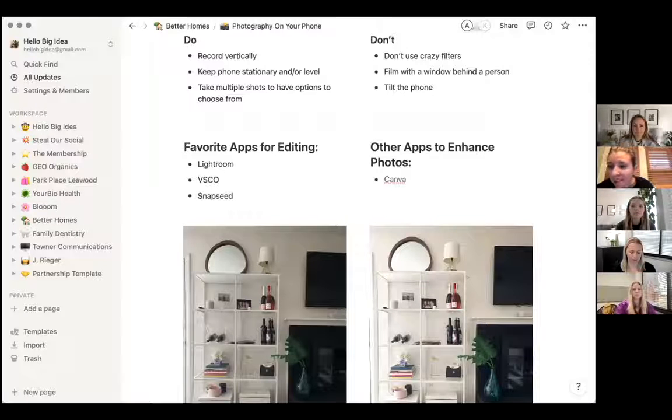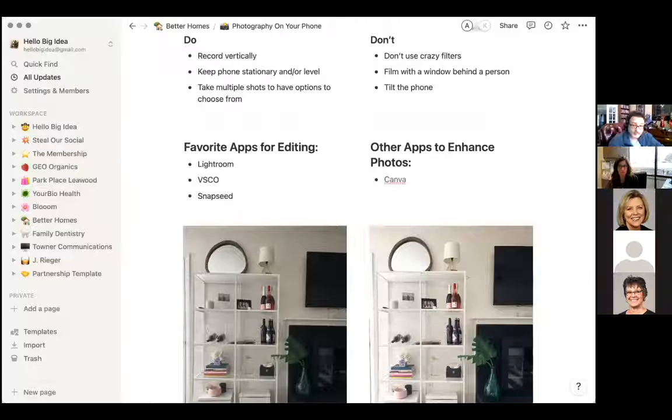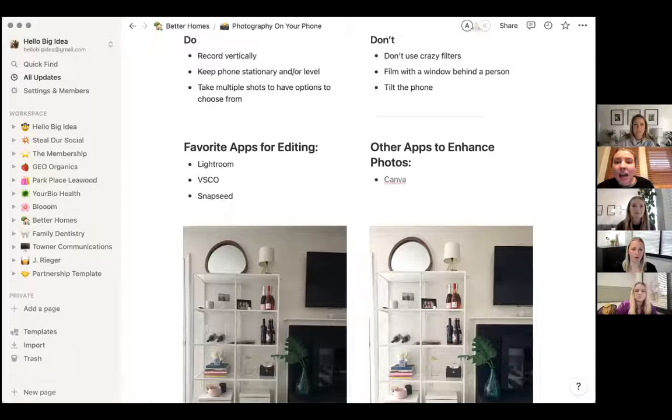Do you recommend the stick? Like a selfie stick? I mean, you can. It's up to you. I think either a selfie stick or an iPhone stabilizer is great